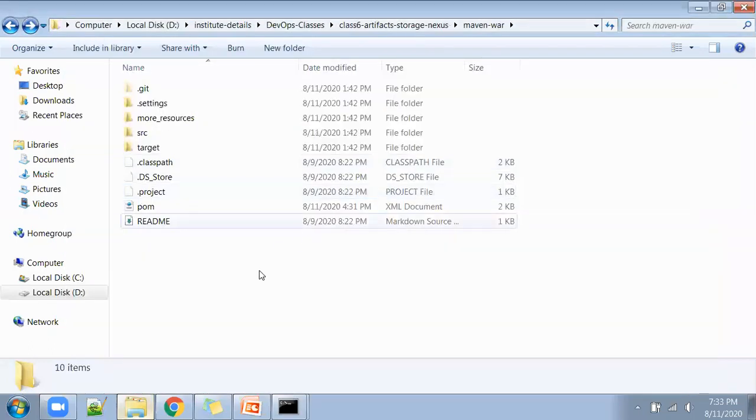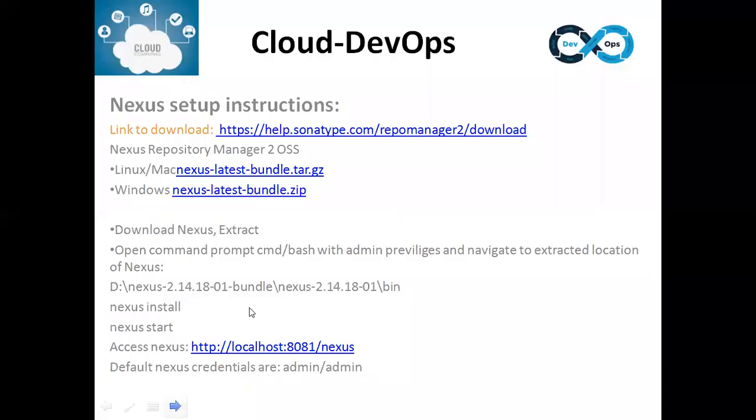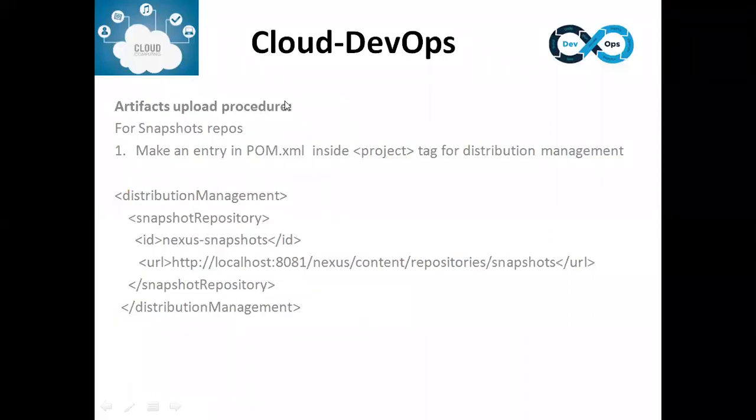I will minimize that, but before doing this process we need to do two modifications. Let me show you in the slide. To upload any artifact to the snapshot repo, first you need to make an entry in the pom.xml.